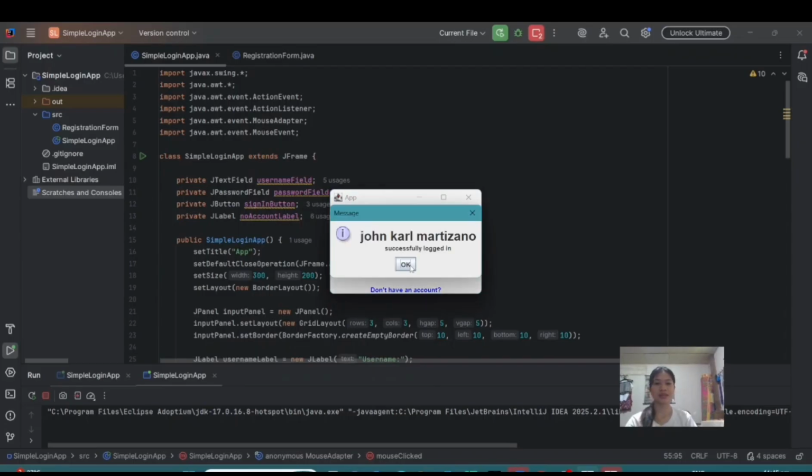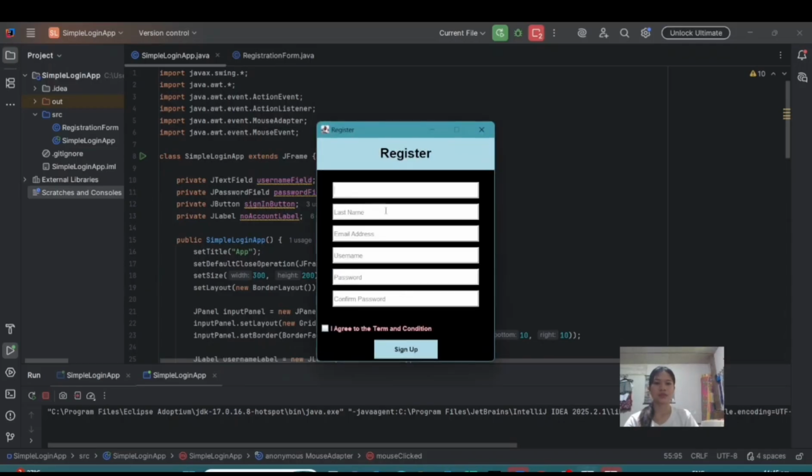John Carl Martisano successfully logged in. So if you don't have an account yet, we can register. Don't have an account, click it. This is the register form. So first, we make an account.